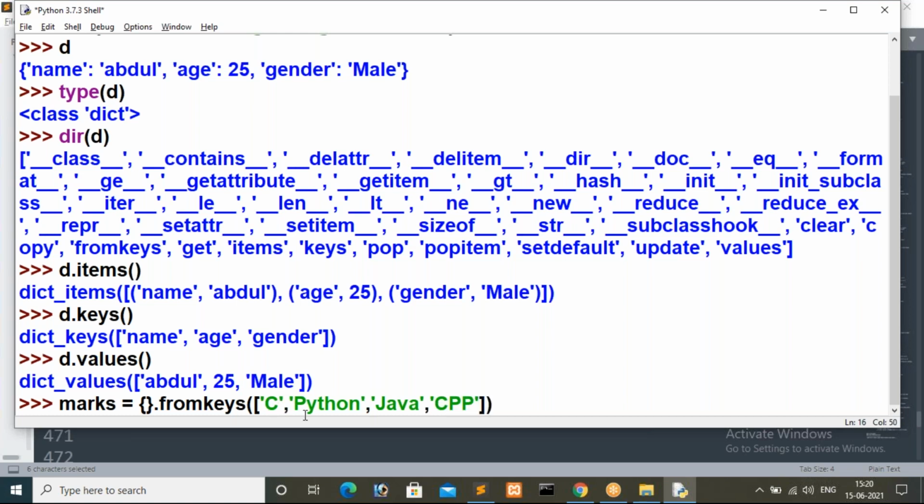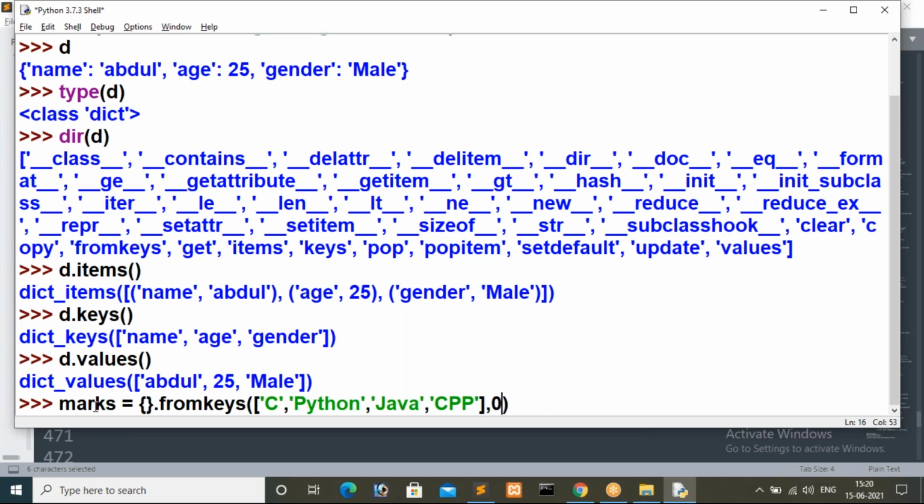Now I have four different subjects in my list. For these subjects I want to assign a default value, so I will give the second parameter, that is 0.